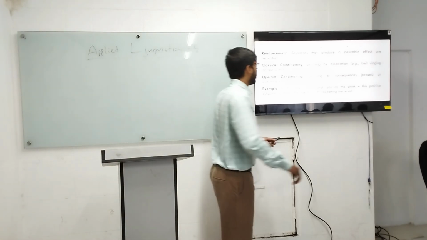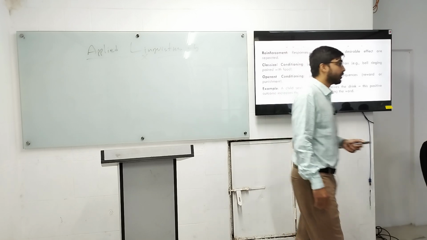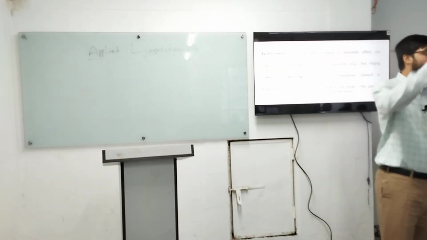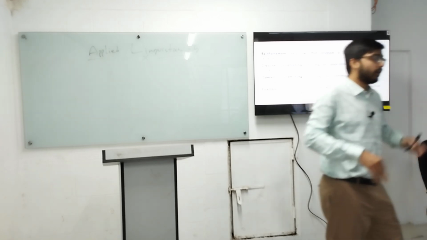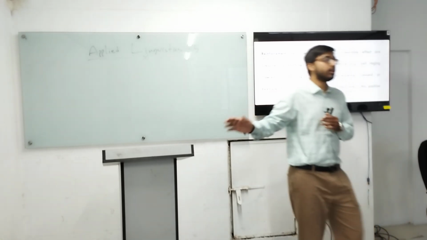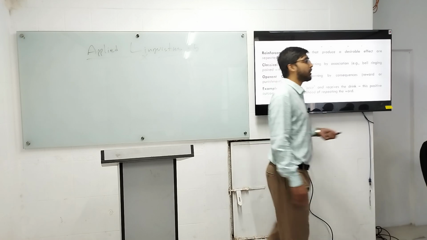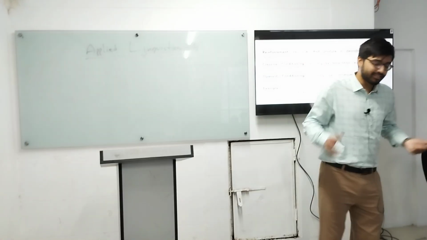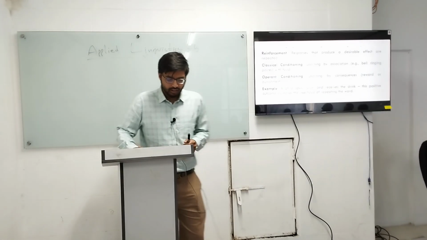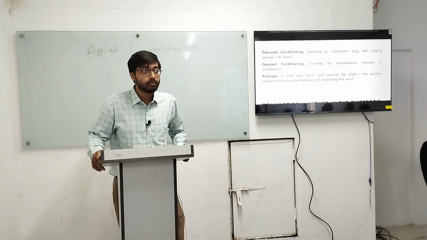Classical conditioning is learning by association. That means a bell ringing: if it rings, you are doing it correctly, or if it stops ringing, you are doing it incorrectly. That's classical conditioning. And operant conditioning is basically the punishments or the prizes. Yes, this is a very easy one I gave in the previous semester's midterm.